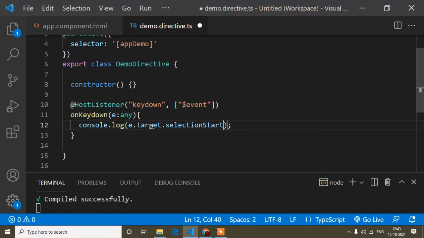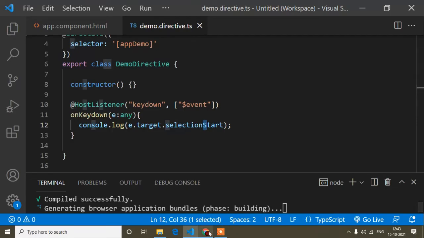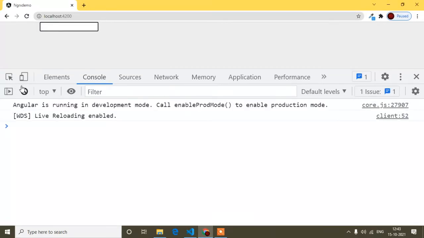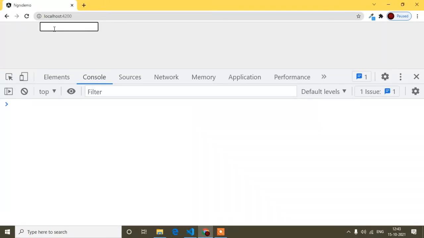e.target.selectionStart, this one. If I print e.target.selectionStart, and S is capital, start here, you can see S is capital. Now if I print in the console, let's check what I will get. When I press any character, if I press A, you can see it's showing 0, because A is at 0 position.